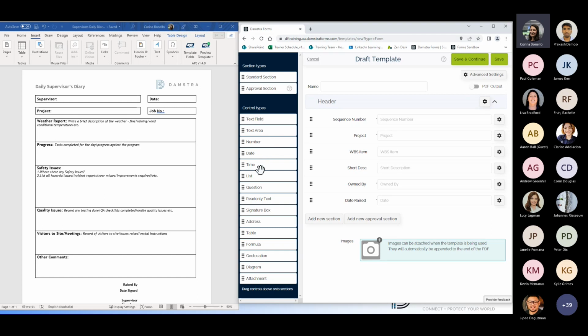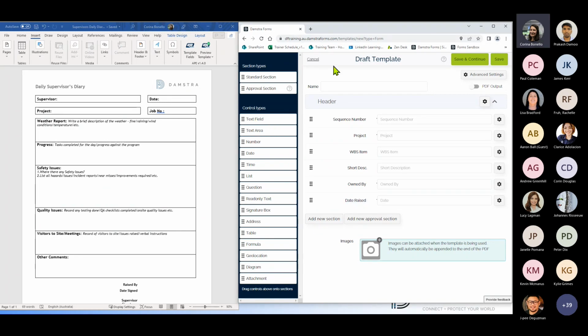Other ones that I might point out, which are a little bit different, is your read-only text. You'd use this control type to enter in instructions, that type of thing. You've got formulas, so you can do really basic formulas where you ask the system to just fill information in from one field into another field. It'll just copy that information for you. Or you can get into some really advanced formulas within a form as well. So each of your control types are pretty self-explanatory, but as we're creating the form, we're going to go in and use a few of these and I'll show you how to apply them